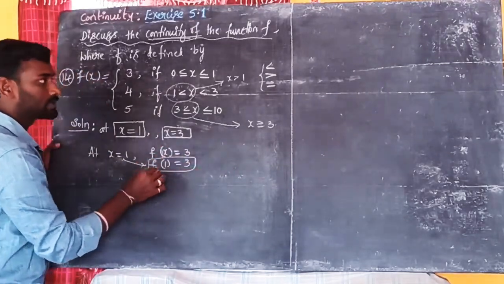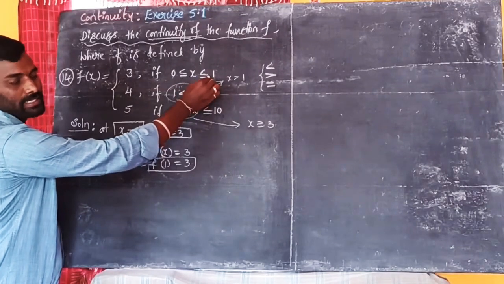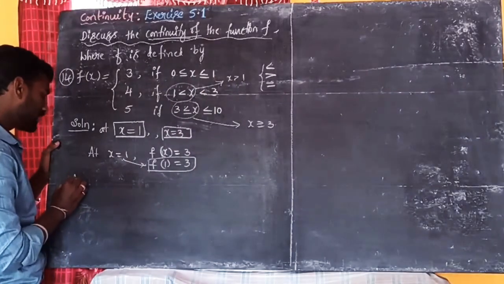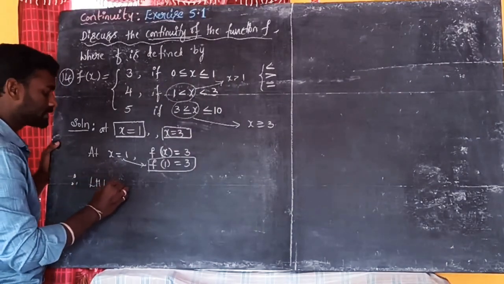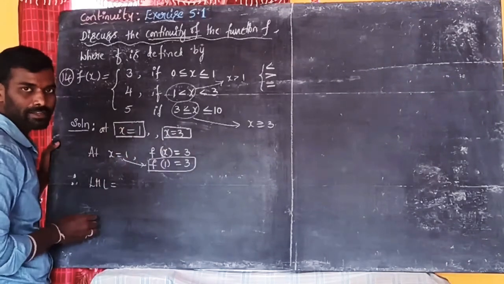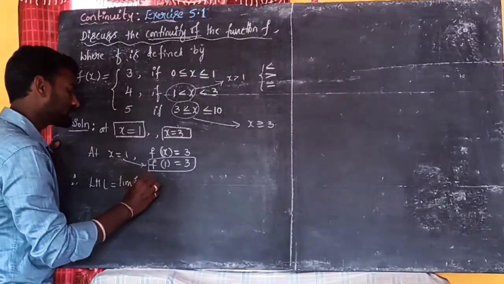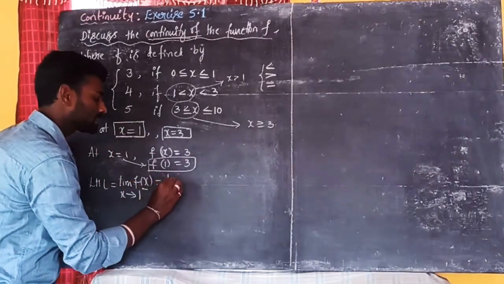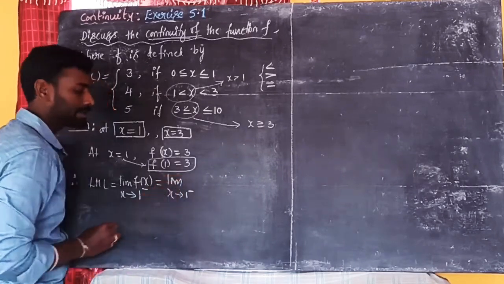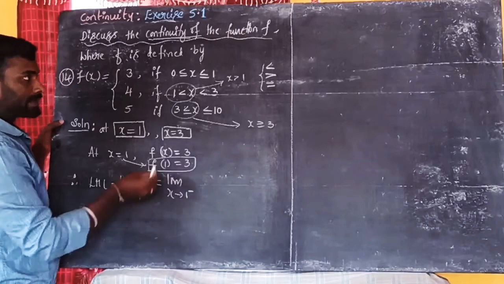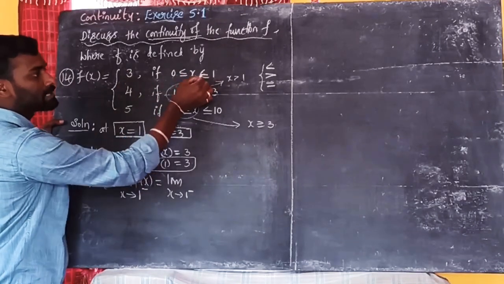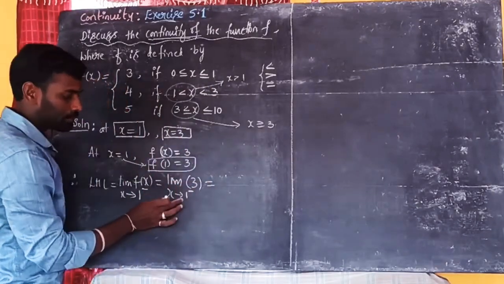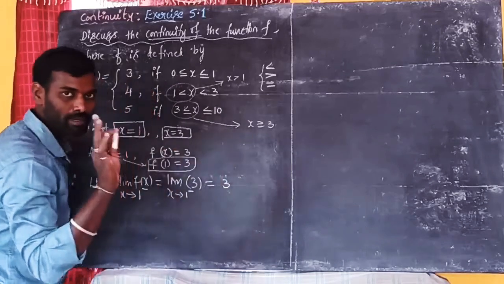Okay. That is f of 1. Here this function involves inequalities, guys. Less than and greater than. 1 is less than x means x is greater than 1. So, therefore, we will use left hand limit and right hand limit to check whether that function is continuous or not at this particular point. Therefore, limit of f of x as x tends to 1 minus, that is equal to limit as x tends to 1 minus. That means the function which is less than 1 is 3. If you apply limit for a constant function, you will get the same constant.